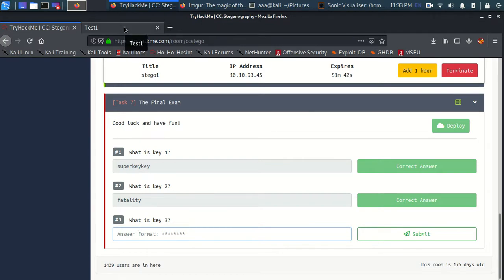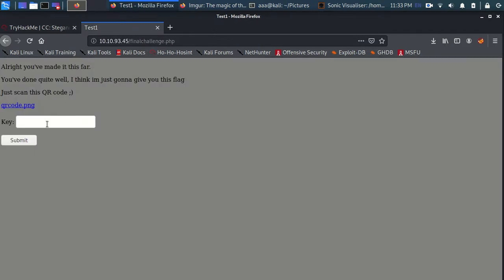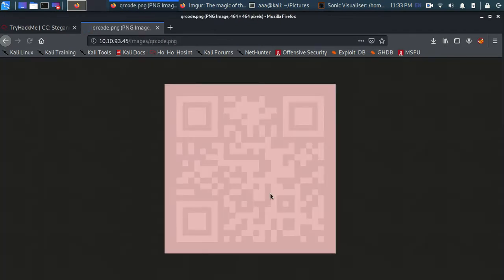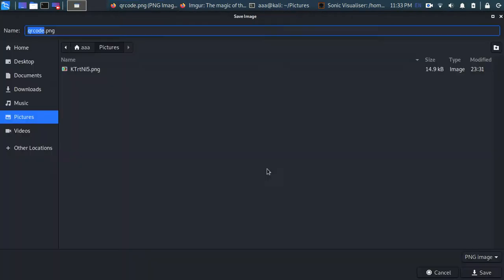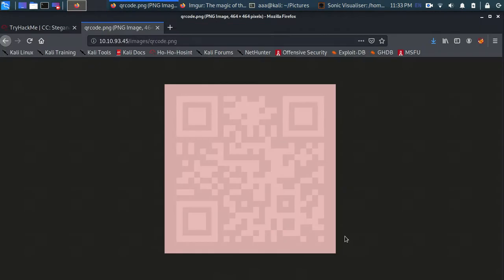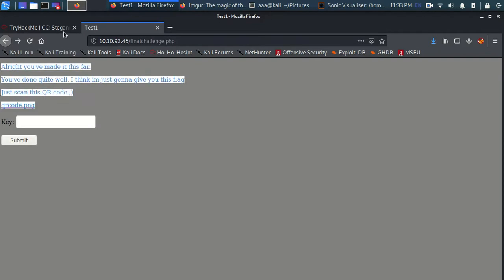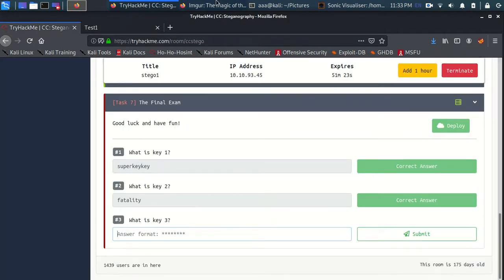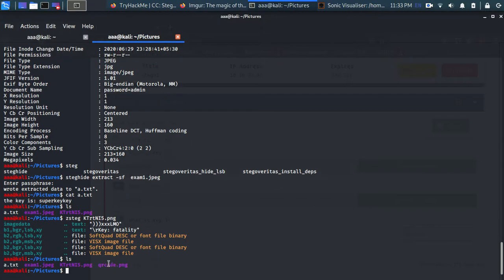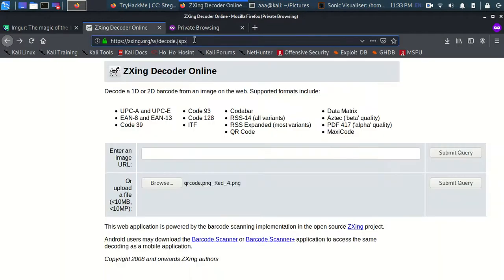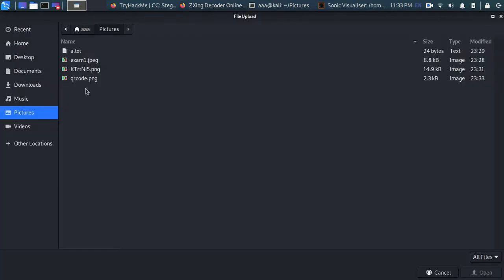So now for the third thing. Okay, this is the image, so let's save this image, and I have successfully saved the image. Okay, so what is the third key? That has to do something with this image, a QR code. So since this is a QR code, and I'll provide you the link to this website, let's try and decode the QR code. So I'll select this image and open it and submit,